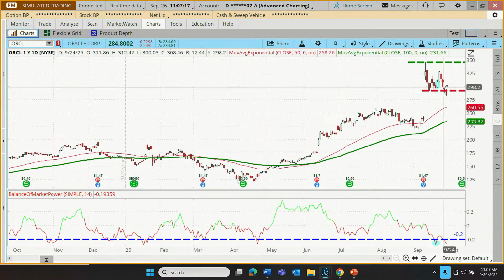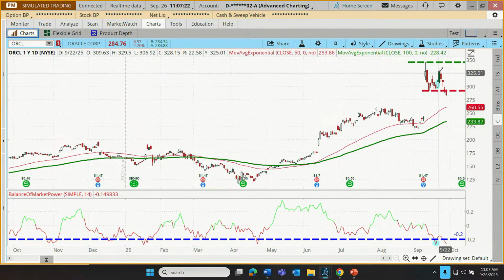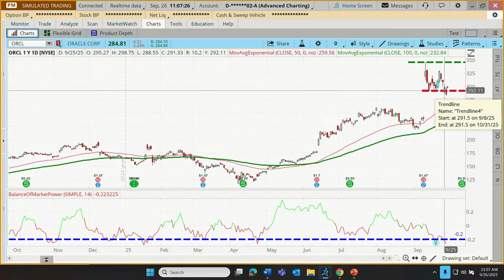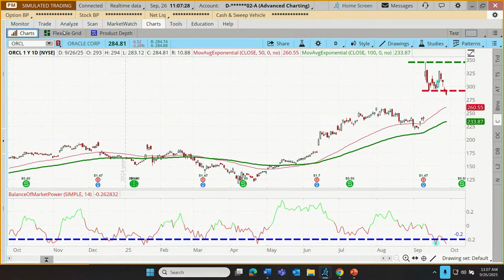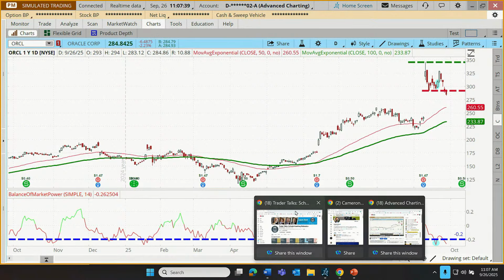So we wound up taking a bit of a haircut on this one. That happens. Welcome to the world of trading. We swung from about a 10% gain to, I think, maybe about a 6% loss on this trade. Okay, so that trade has been concluded. If you weren't here to see that webcast last week and you don't know what the balance of market power oscillator is, I would definitely suggest you go check that out.